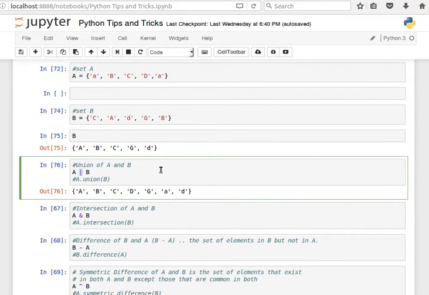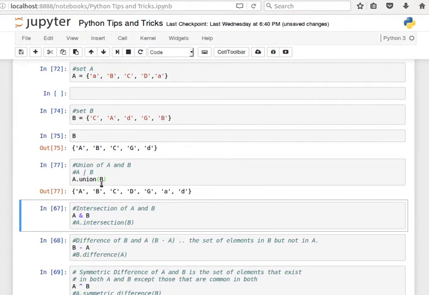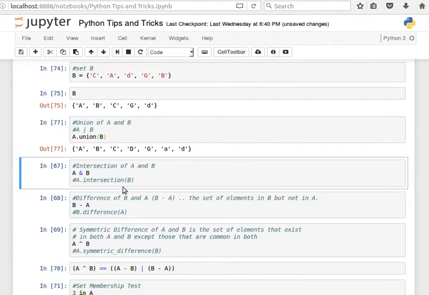To do a set union, you can use the vertical bar, or we can also use the union method, A dot union B, and then we get the same results, or we can also do B union A. Okay, so that's union, and then intersection